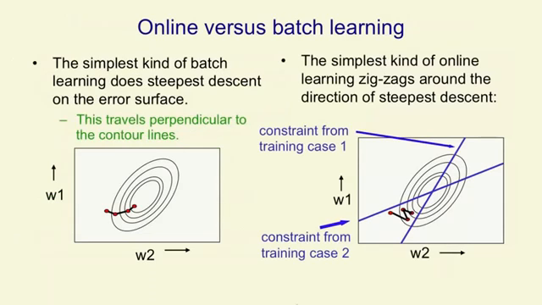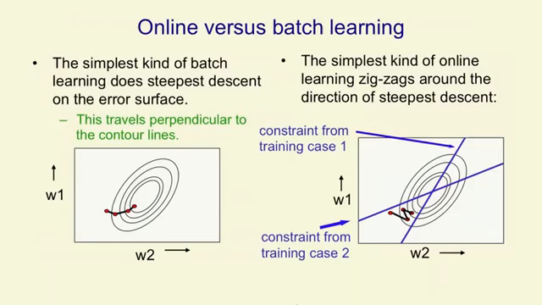Using this error surface, we can get a picture of what's happening as we do gradient descent learning using the delta rule. What the delta rule does is compute the derivative of the error with respect to the weights. And if you change the weights in proportion to that derivative, that's equivalent to doing steepest descent on the error surface. To put it another way, if we look at the error surface from above, we get elliptical contour lines, and the delta rule is going to take us at right angles to those elliptical contour lines,